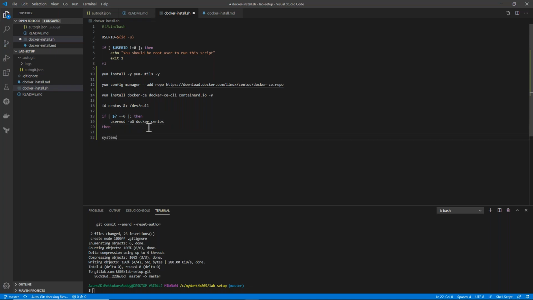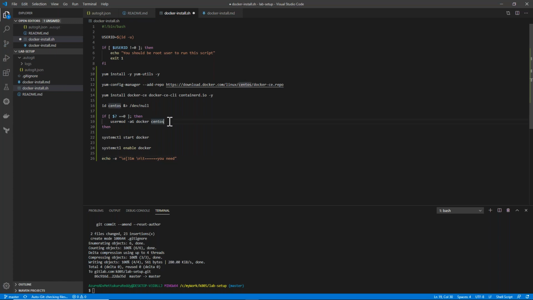And after this, you will run Docker. systemctl start docker, and then systemctl enable docker. And at last, I want to print a message. There is exit not needed. Where here?